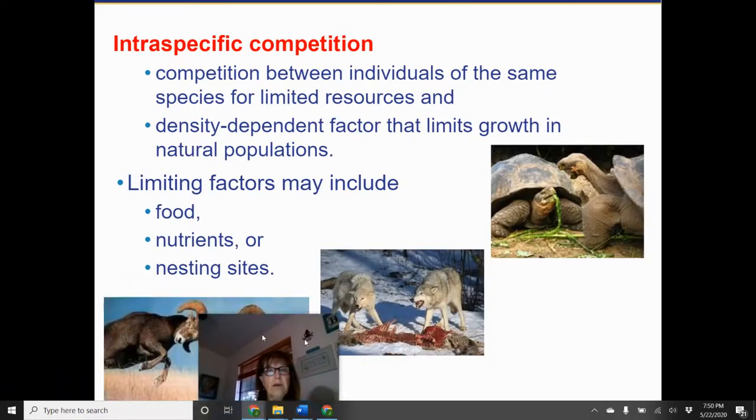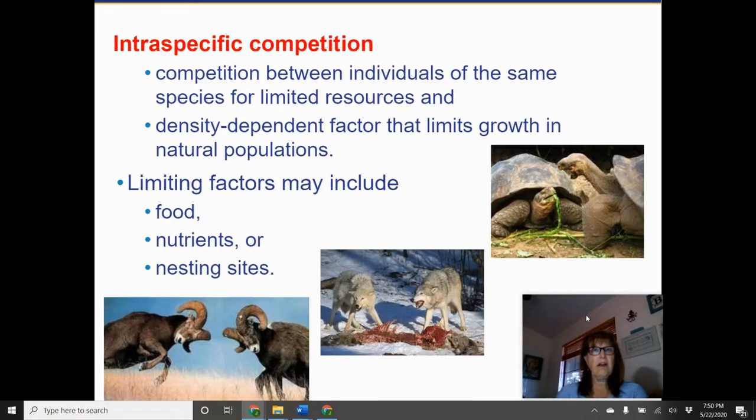So, what are some of the causes of density-dependent death rates? It might be competition between individuals of the same species for those limited resources. Let's say that you are in the Arctic area and you only find one caribou. Well, if you're sharing it among